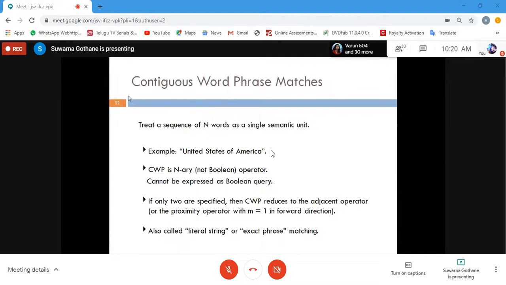If you would like to give this query, you need to give it in double quotation marks so as to obtain the exact match. It is called an array operator, and alternatively we can call it a literal string or exact phrase matching. So this is the third one, called contiguous word phrase match.